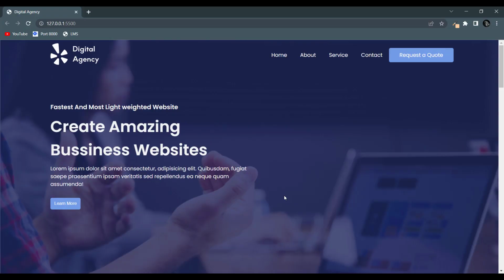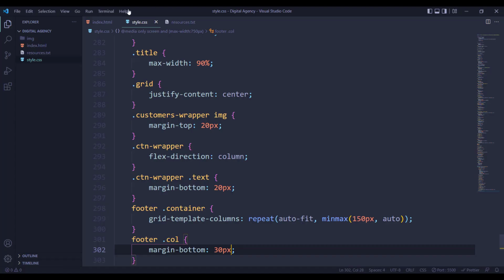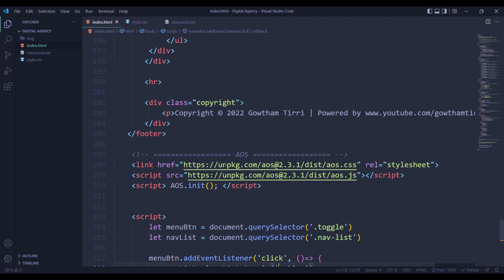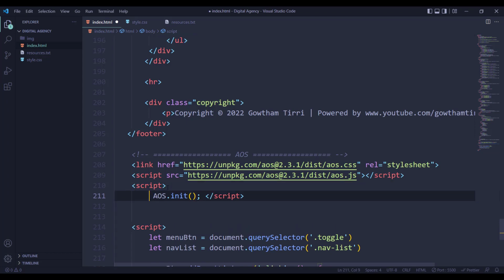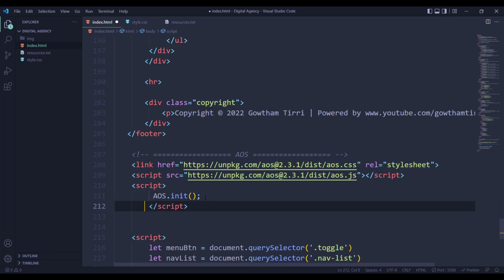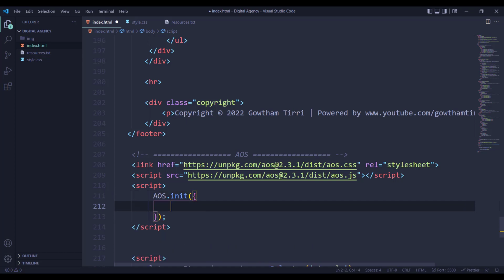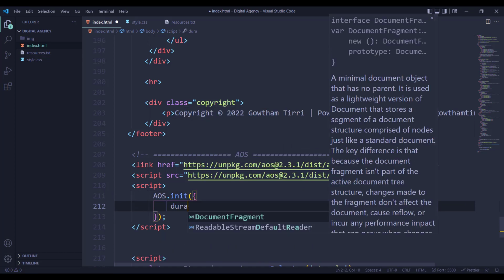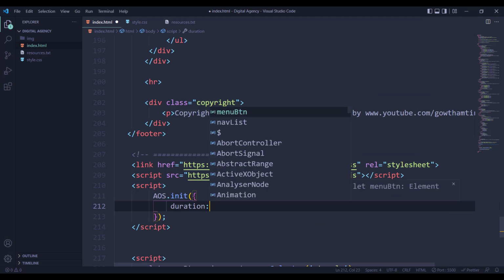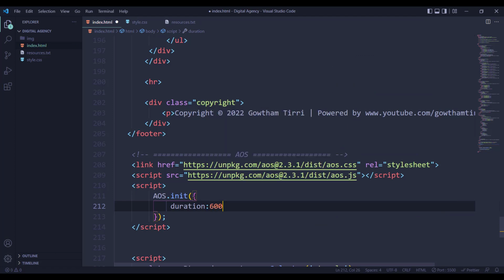So to do that let's open our HTML file, and if you remember we have this AOS library which is animate on scroll library. So I will add a duration for this. Let me grab this down here. So inside this we have an object. For this I will add a duration of 600 milliseconds,